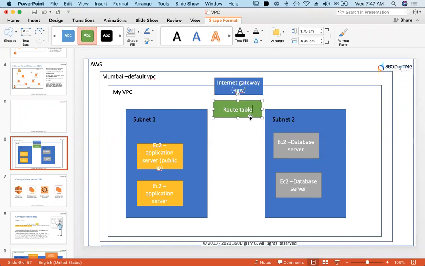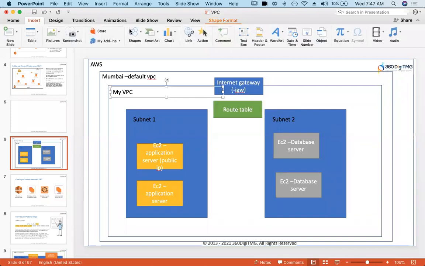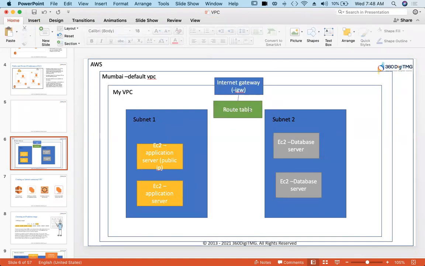And by default for a VPC, there will be one route table. And that route table by default will be for subnet 1 and subnet 2 also. If you want, you can create one more route table, and in that route table, don't attach your internet gateway. When you have an internet gateway, by default, your VPC route table and this one are attached with each other. And what the route table does, it routes traffic within the network and also outside the network using the internet gateway.